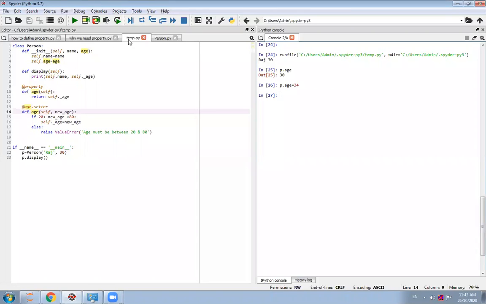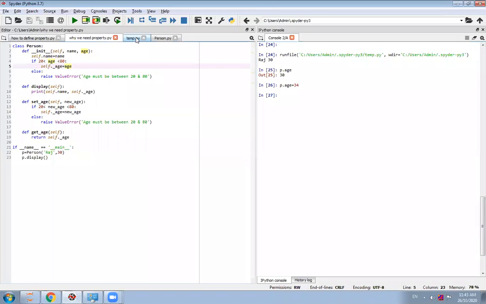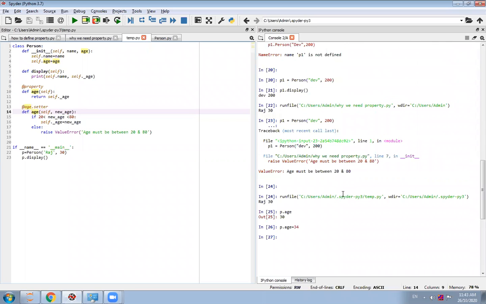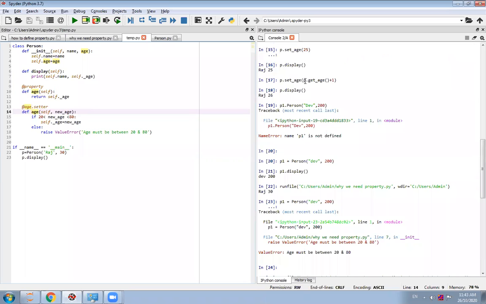But if I would do the same thing in our previous program, what I have to do? First, I have to write get_age, and then I have to call this method get_age under the set_age, and in this way, I can set another value.